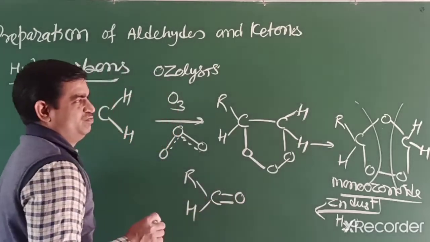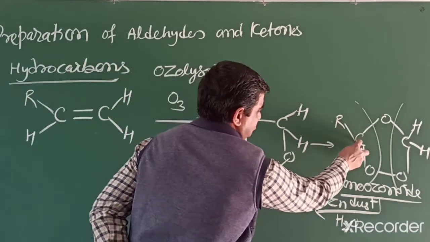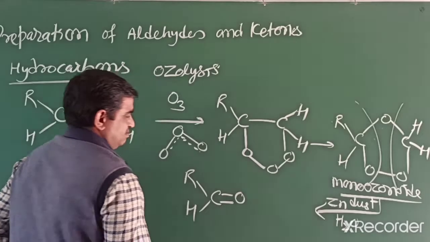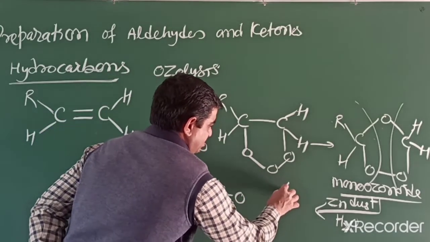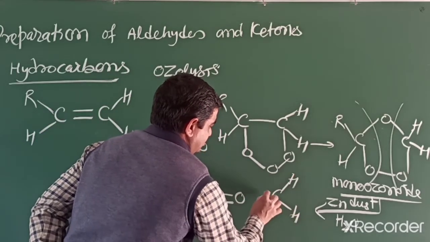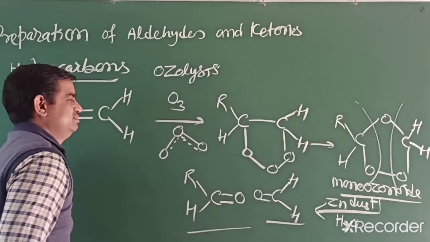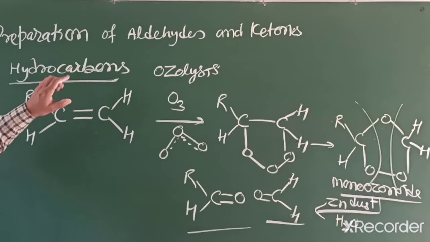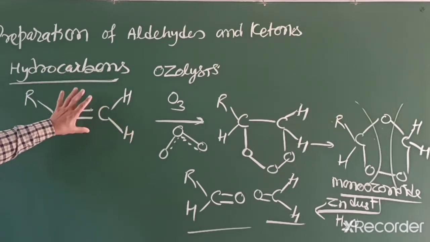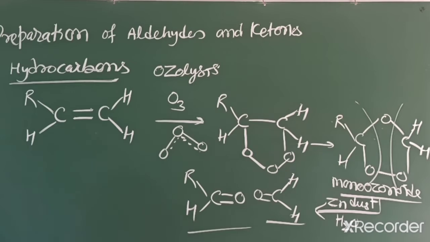alkene. One product is like this, R-C double bond H. The other one, in this particular compound, we get such type of compound, meaning both moles are aldehyde in this compound. It depends on the aldehyde or ketone, depending on which type of alkene we take in this reaction. If we explain by example, like this,